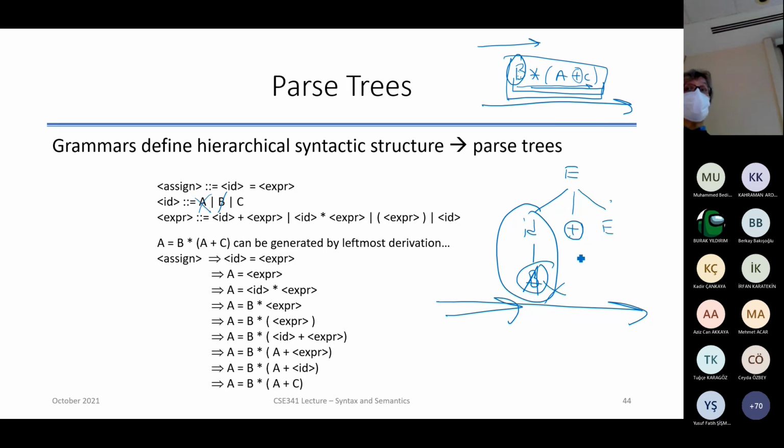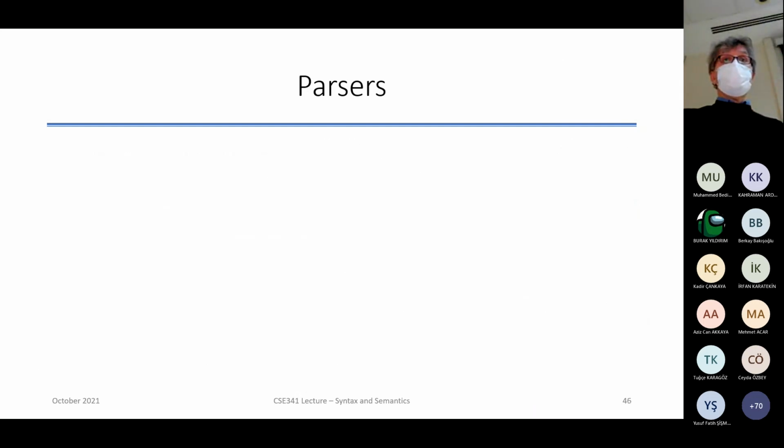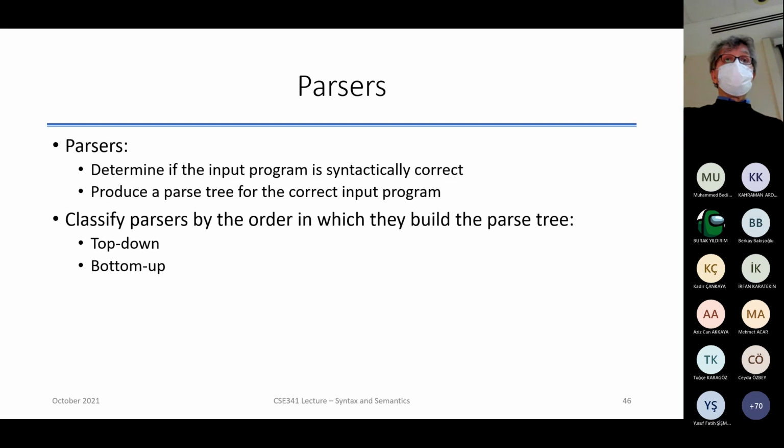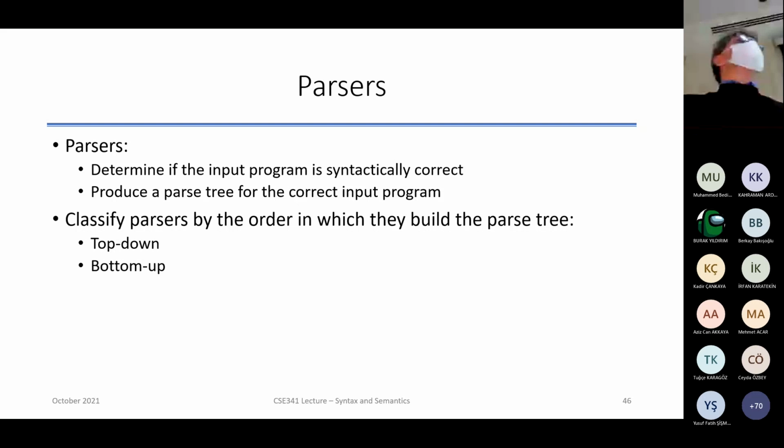So we are going to talk about derivation of the tree. At the same time, we are going to say, okay, how are we going to look at our input, and how far away can we look at that input? We are going to define those. All right. So there are two types of parsers that we are going to discuss. A parser will determine if